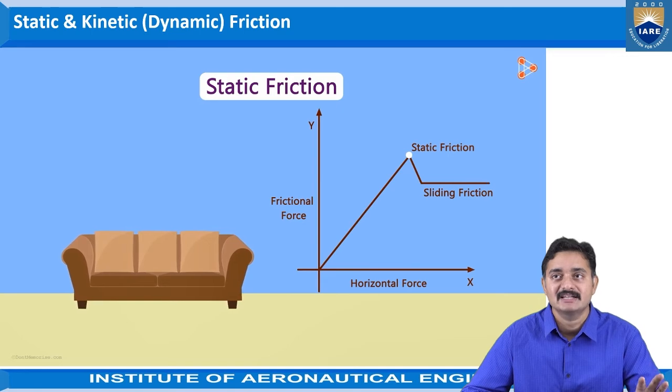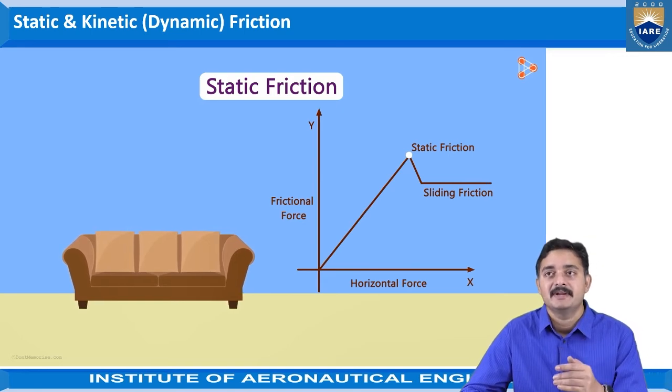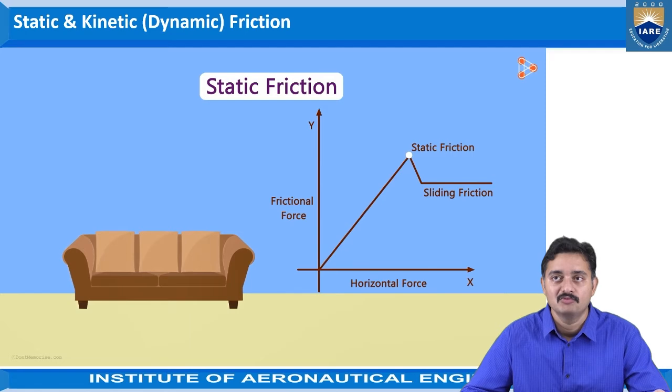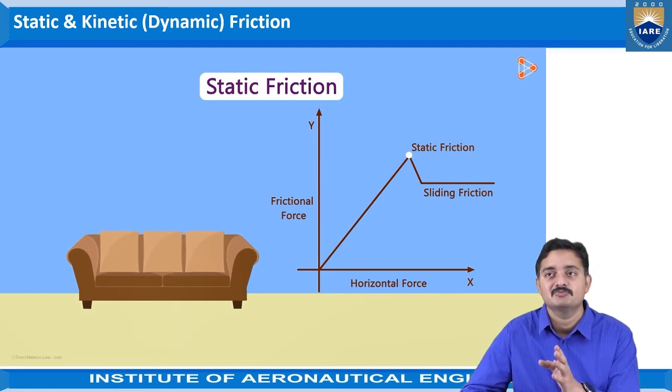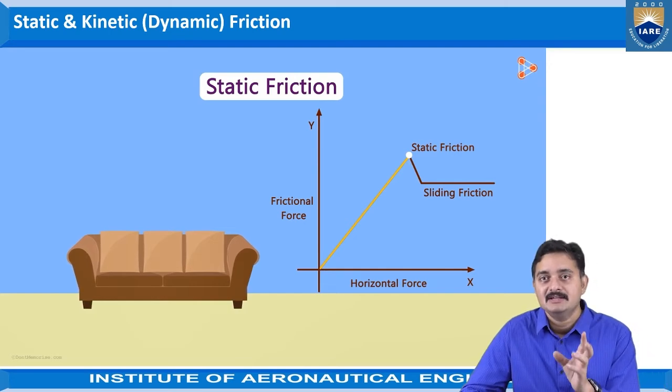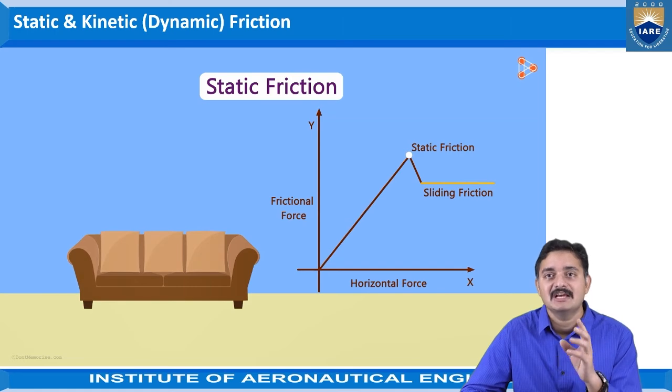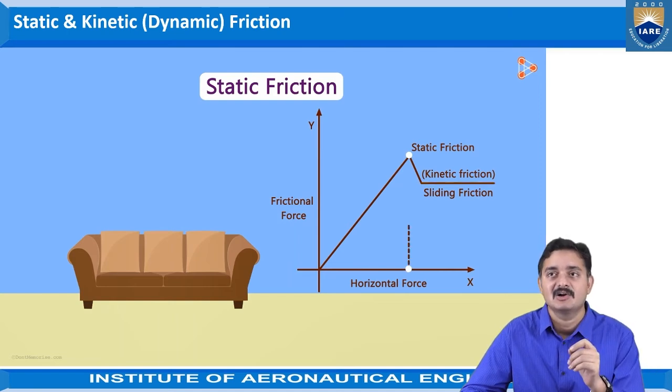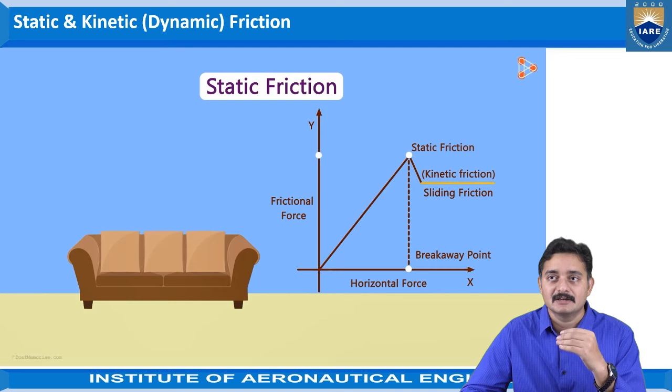After that static friction point, the linkages will break and the object will try to move. After the object starts to move, it is called the sliding friction or dynamic friction. The time up to when the object doesn't move, even with the application of force, is called the static friction. And the instant where the movement of the object starts is called the limiting friction. So this is the breakaway point where, once the limiting friction is exceeded, the object will try to